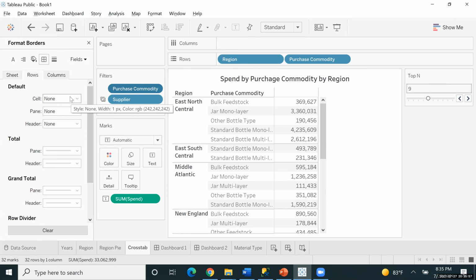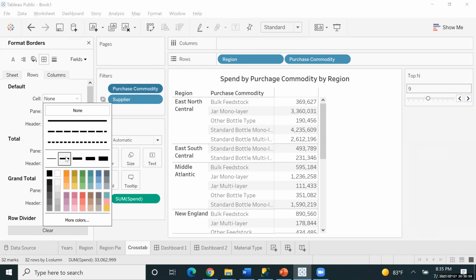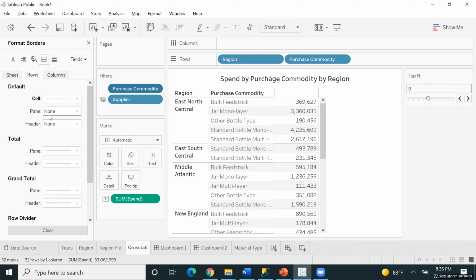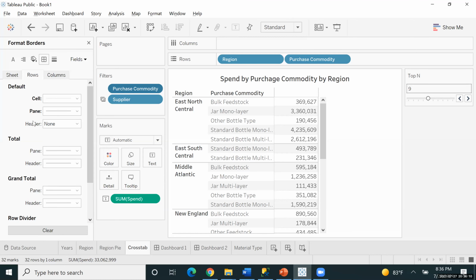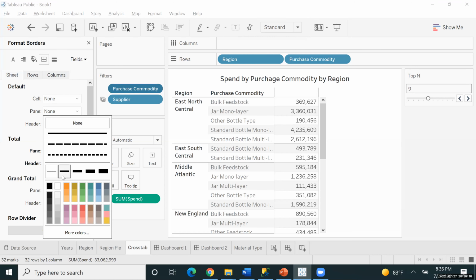But I think it's not affecting us. It will work. You want to add the border? Click on the sheet. Right click on pane. Select the border.